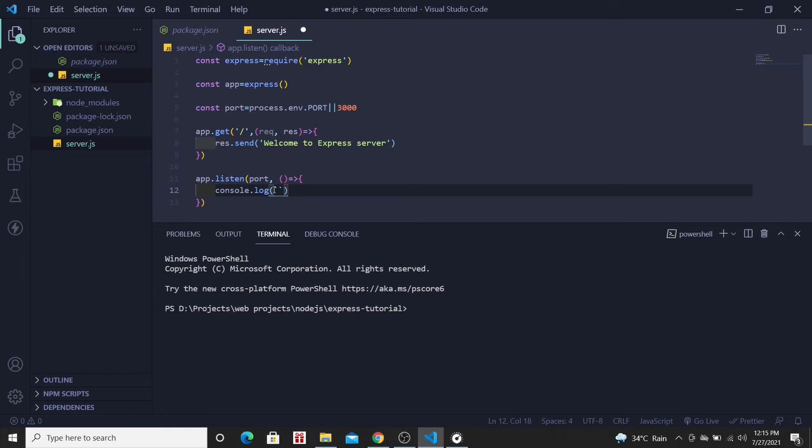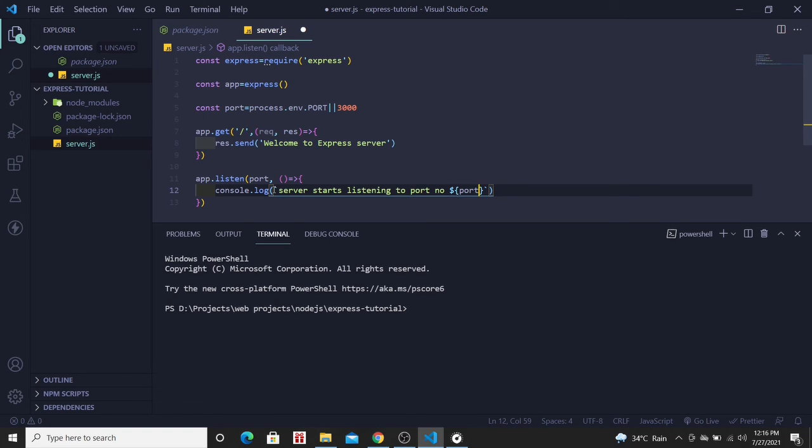Then we can write the same thing, server started listening on port number, and I need to have this variable. For that I need to use the dollar sign and curly braces. Whatever I write inside the dollar and curly braces will be considered as a variable and represented with the actual value of that variable. So I am writing here port. It's considering port as a variable, and the value of this port, which in my case is 3000, will be printed instead of the dollar, curly braces and port.